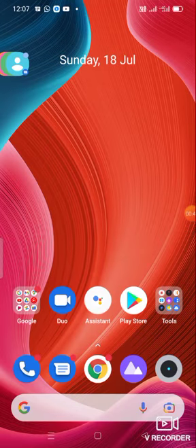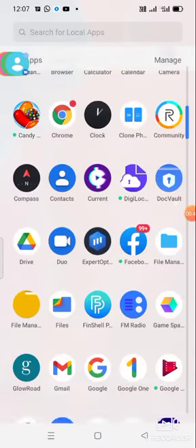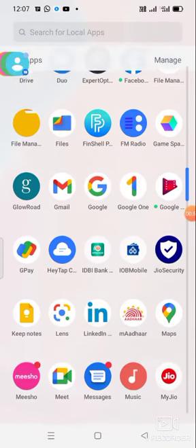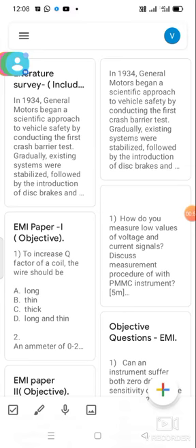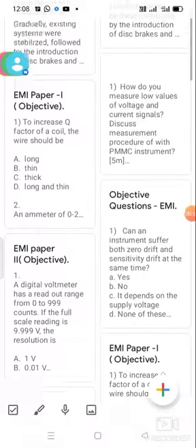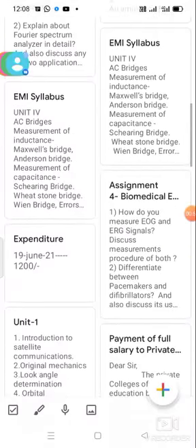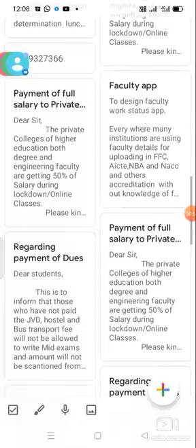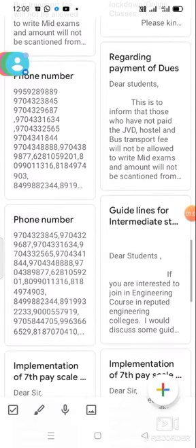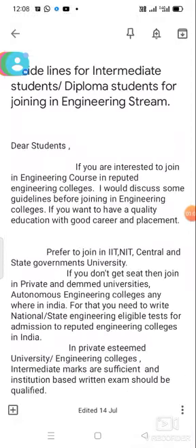Many of the students will be confused about what field they need to join, so I want to give some of the main points to those who are willing to join some of the best institutions. If you want to join the best institution, you need to undergo